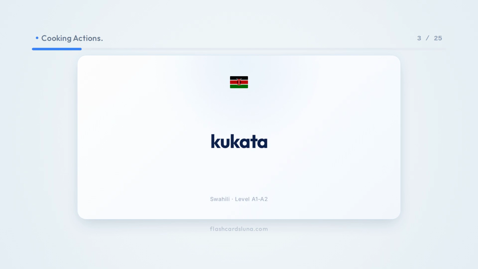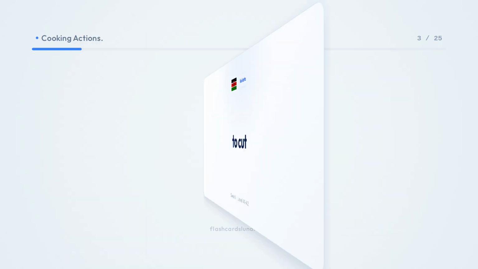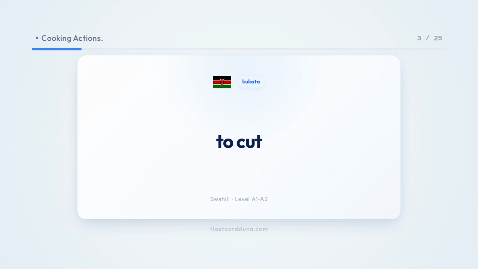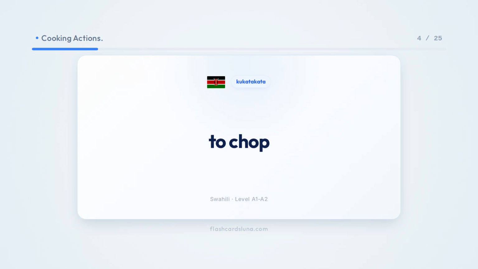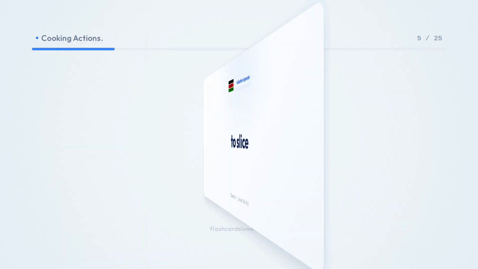Kukata. To cut. Kukatakata. To chop. Kukata vipande. To slice.